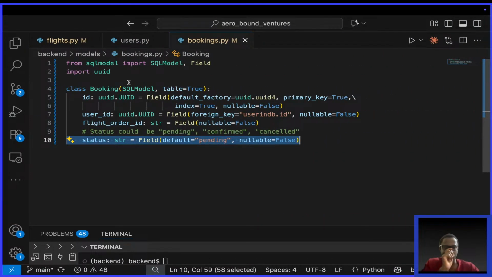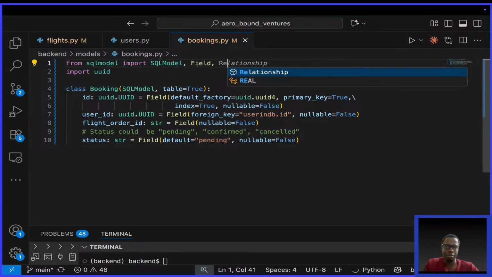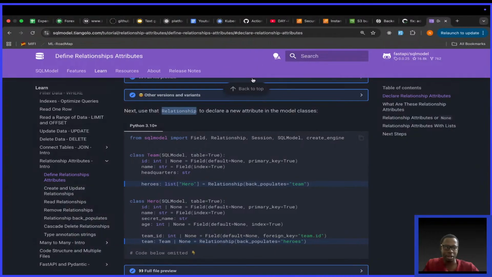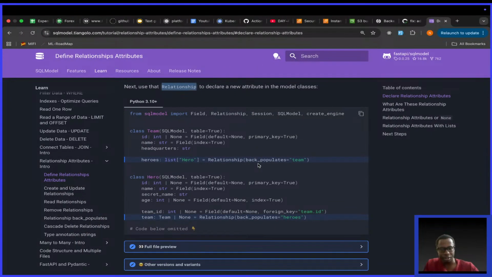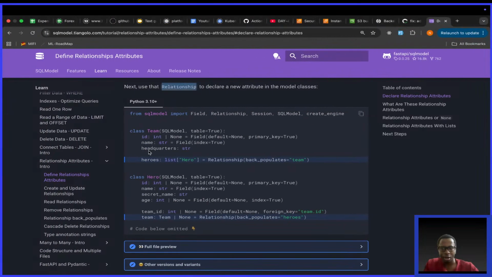So what I'm going to do, I'm going to say from sqlmodel import relationship, and I'm going to explain in a moment what relationship is, and then what else do I need? So here in this model, what I'm going to do is I am going to,